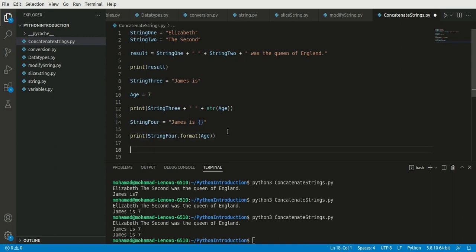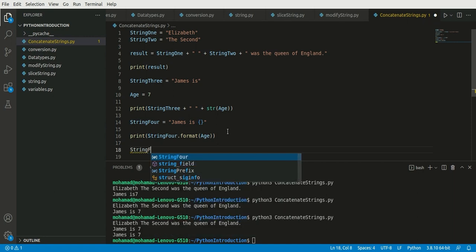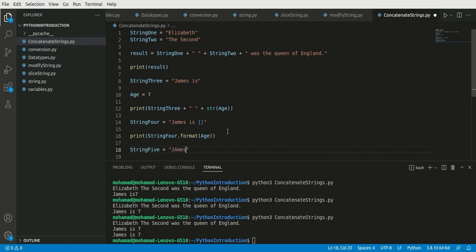Okay, for example, we can write string 5 equals, and here, for example, we can write a story about James, or we can write different features about James. For example, James is, and here we write the age. And okay, let me write years old, and his weight is, so we use another number for weight,